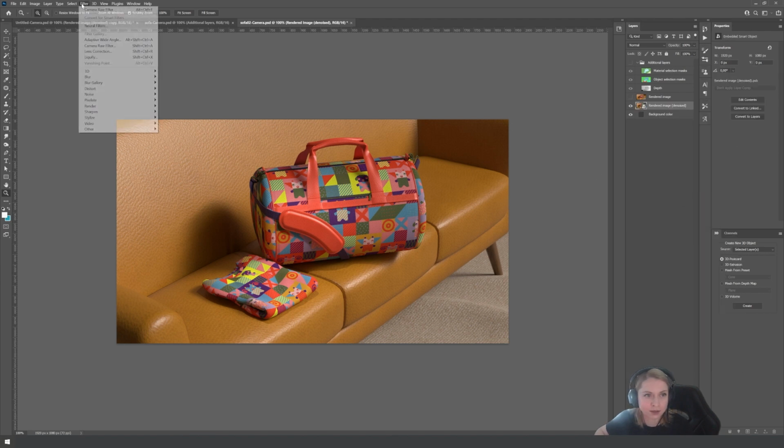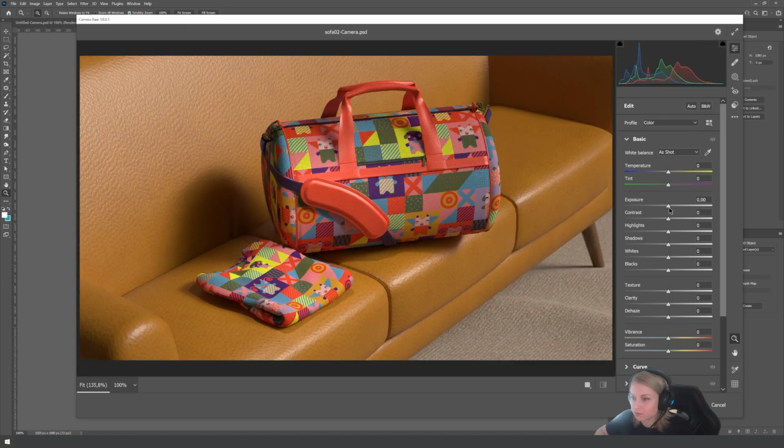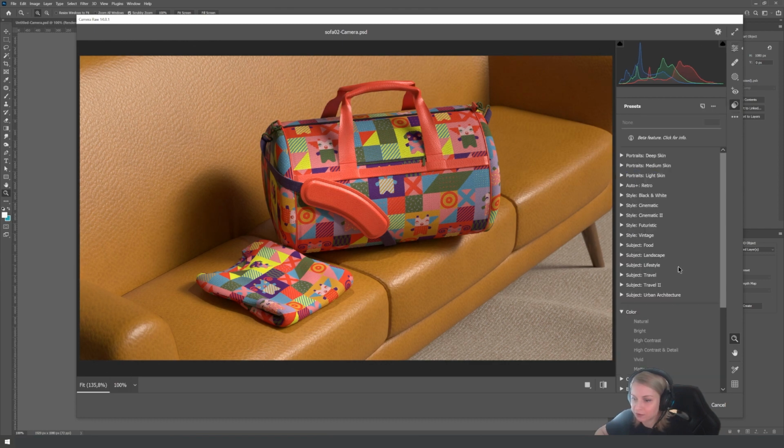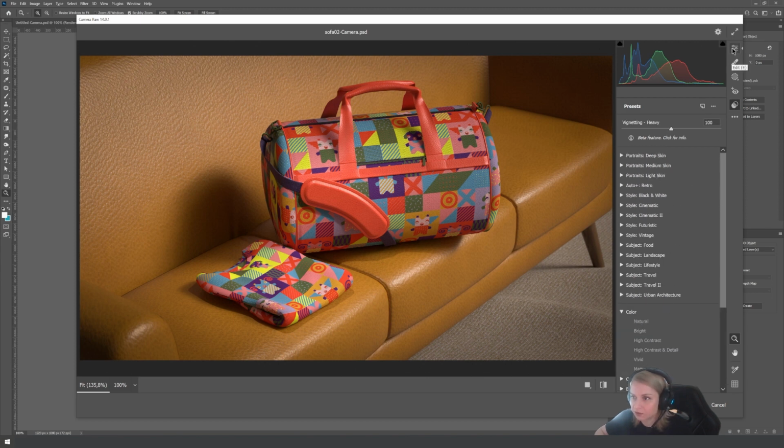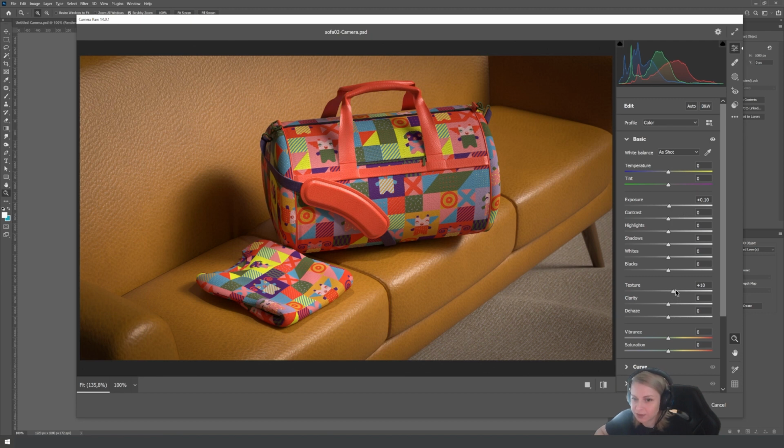So yeah, let's edit this. A bit more exposure. I want vignetting, of course. Let's do it heavy, just so the eye can focus on the important things.